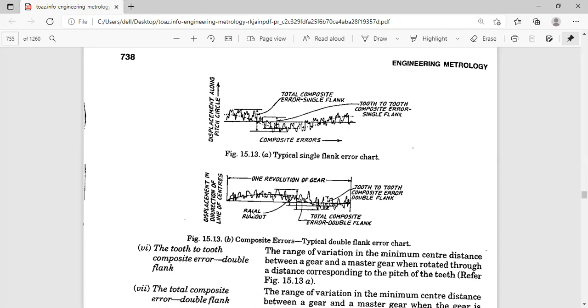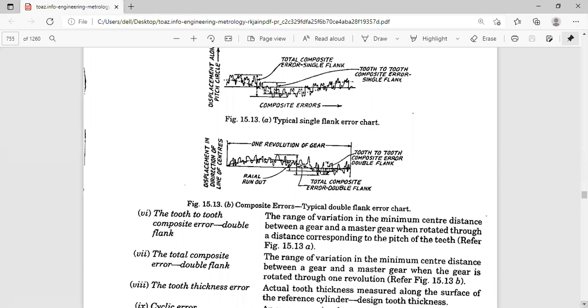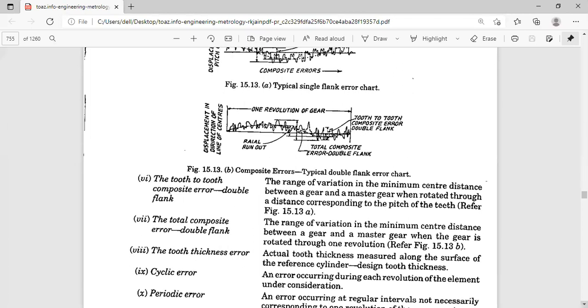And this particular reading is the runout now. If you want eccentricity, the runout is twice the eccentricity. So like that, you can find out the runout. That is the first parameter. Because the radial runout is there, I've taken into consideration the first parameter, runout.